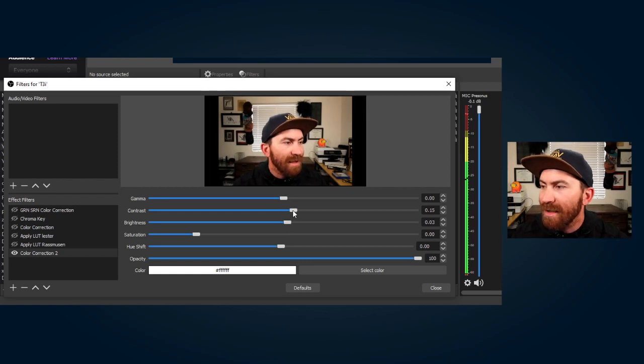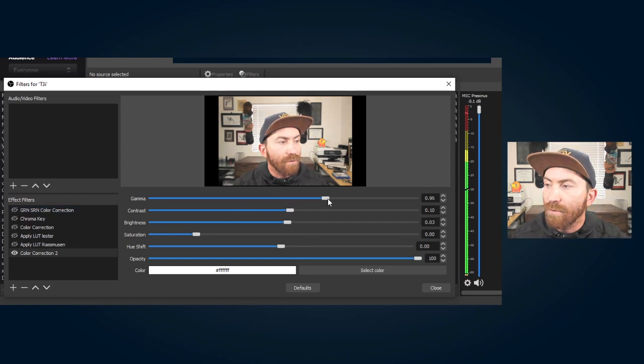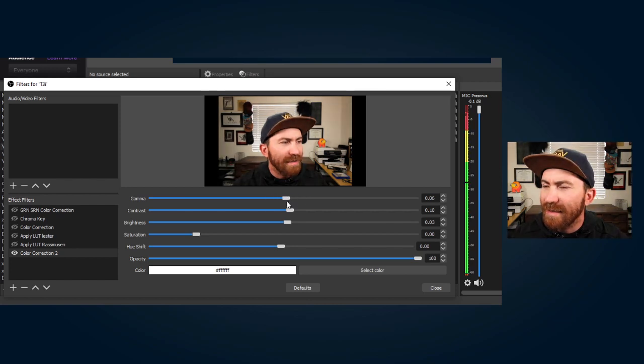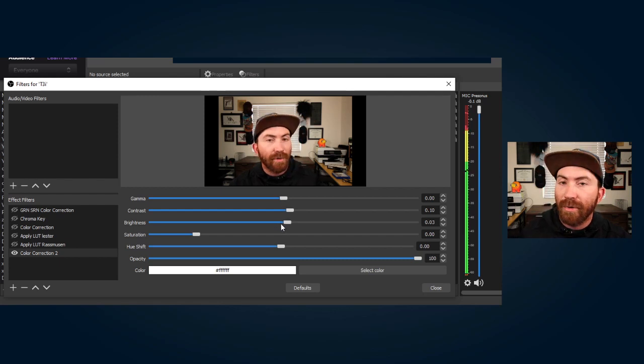The contrast I usually don't play with, maybe just a little bit to get it looking a little bit sharper. Sometimes you can use gamma, and I use gamma before my chroma key in order to get the green of the green screen real green. Gamma is kind of like saturation, what I find, and I usually don't touch it. But the biggest things for me are a little bit of brightness, a little bit of contrast, and